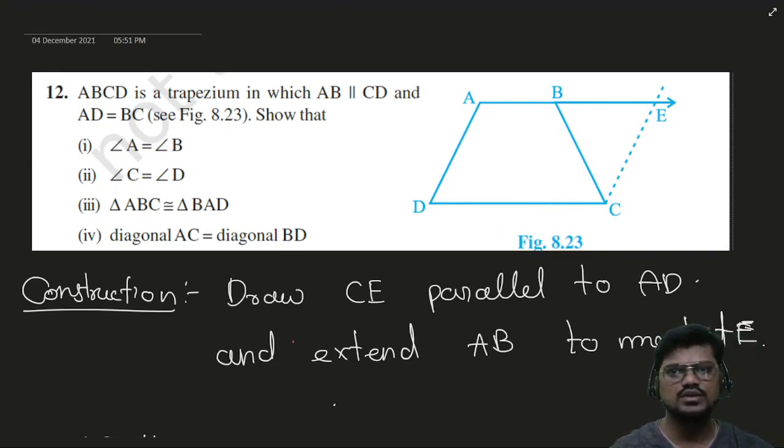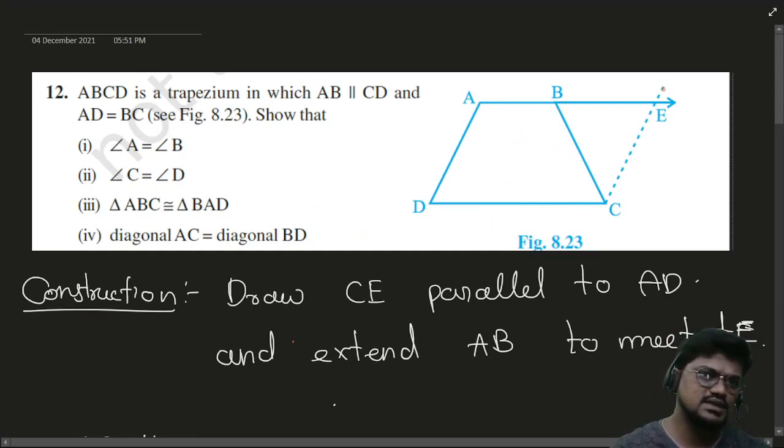See, what all things we know. I have drawn this CE parallel to this AD. So this is a parallelogram, right? If it's a parallelogram, this angle plus this angle will be equal to 180. If I say this is A and this is B, this angle and this angle will be equal to 180 degrees. Also, I know that AD is equal to BC, which was given. And this angle is equal to this angle,